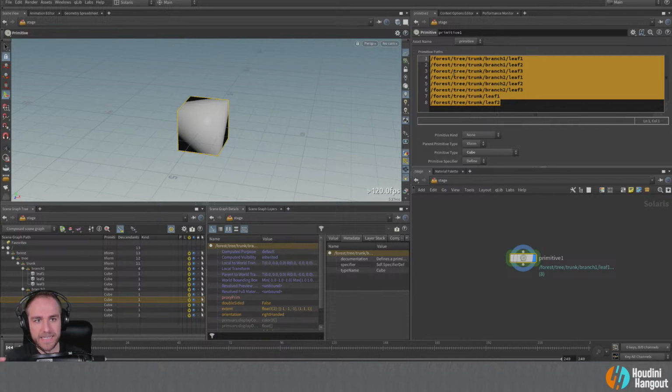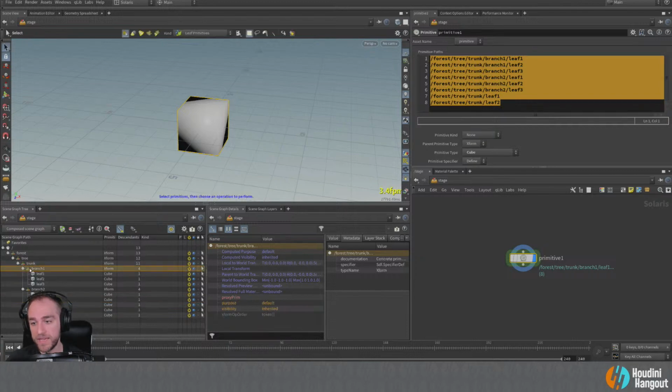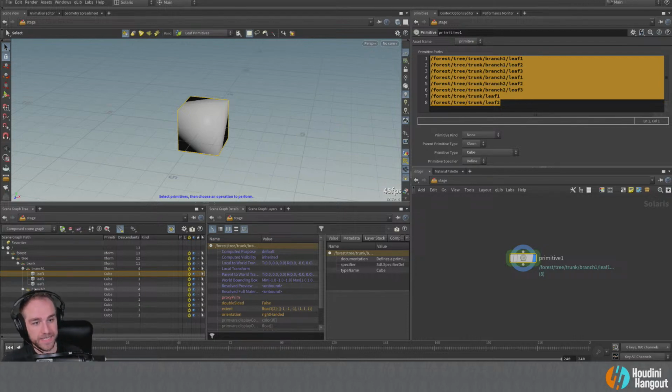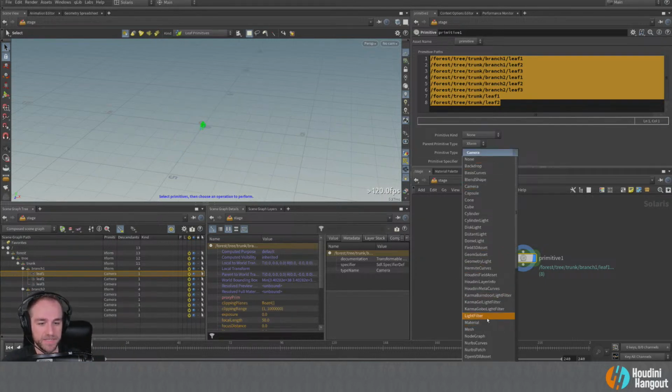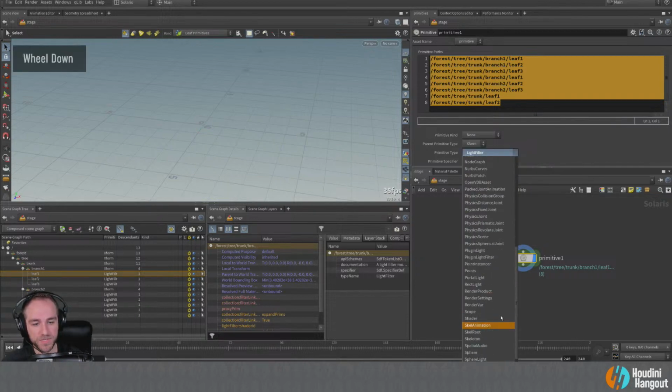So this idea of a path is kind of key to working in USD, right? Because each primitive in your scene is going to have its own path, right? It's going to have its own, they call it namespace in USD terminology, but it really is just like a path like you would have in regular SOPs, right? A way to identify where something lives in its hierarchy. So that's the idea of the primitive node there, setting up some kind of base hierarchies. And as you can tell here, you could do a whole bunch of different stuff. You could set up a bunch of cameras if you wanted to, or lights or whatever. You can do all sorts of different things here.